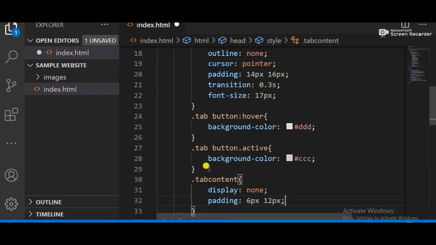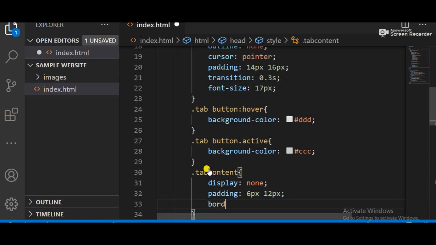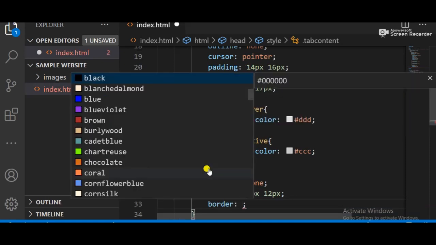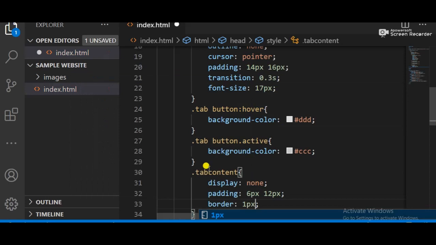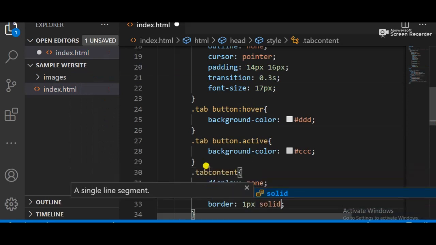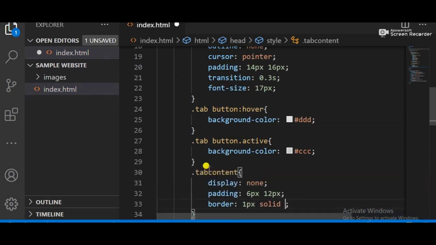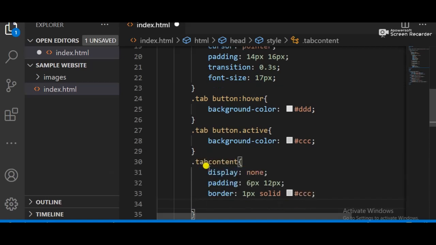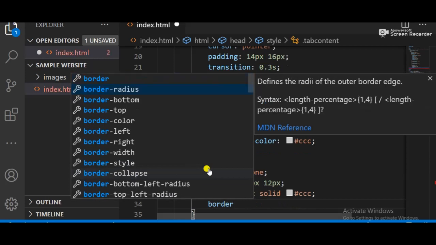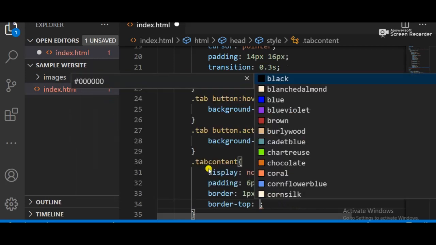Okay, and here is a border, 1 pixel solid and hash ccc. And now we have a border top. So border top should look like none.